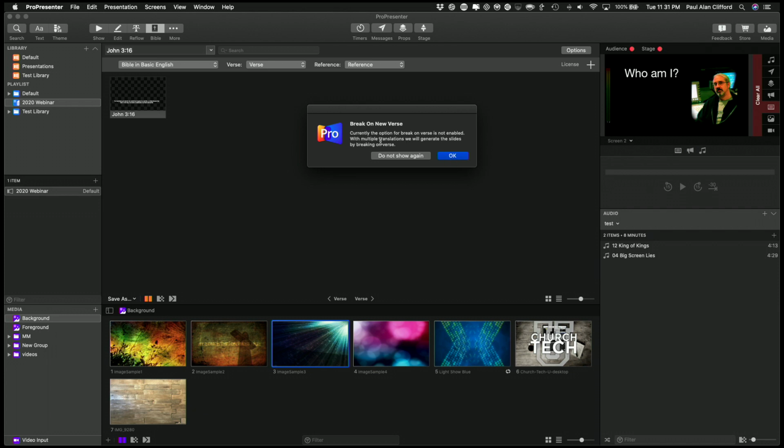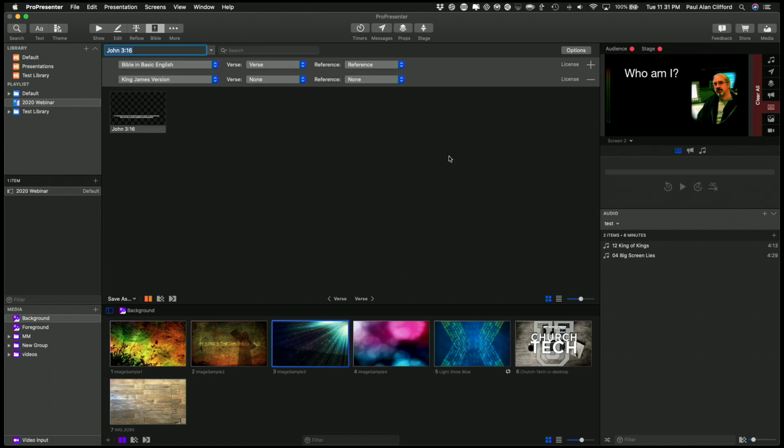Now, you will need to choose break on verse for this to work, but once you do that, you can add a second translation. So what you're doing here is you're telling it which text box has which, and I haven't chosen a template that has all the text boxes I need, but I could easily, when I have the appropriate template selected,